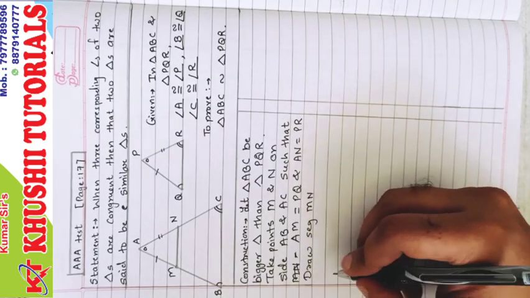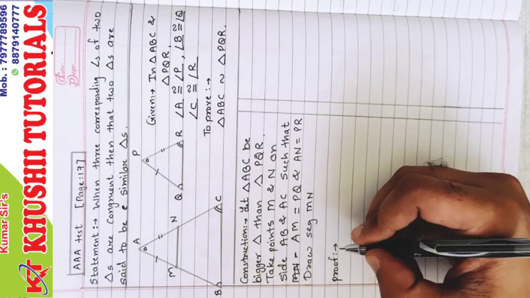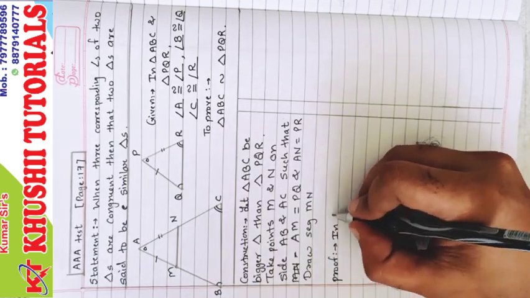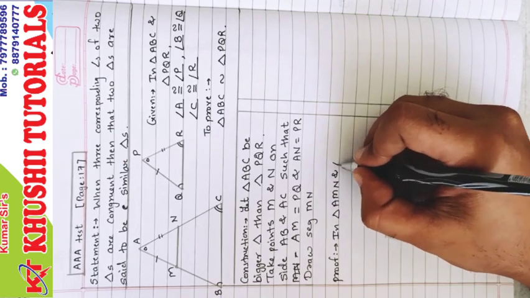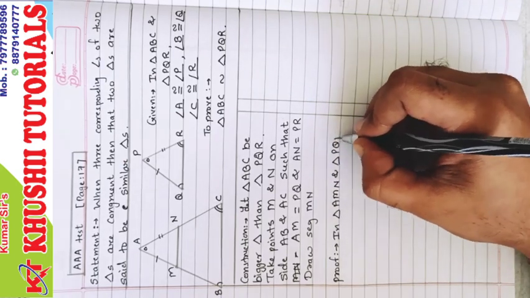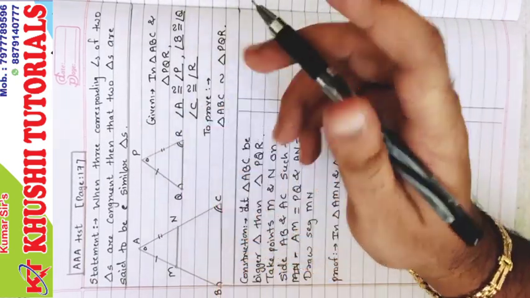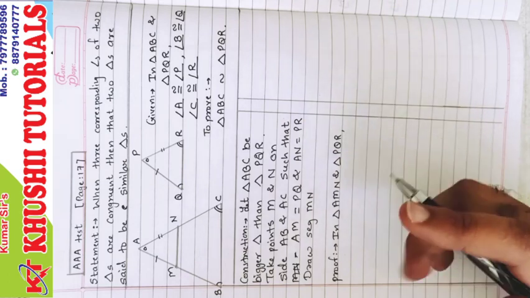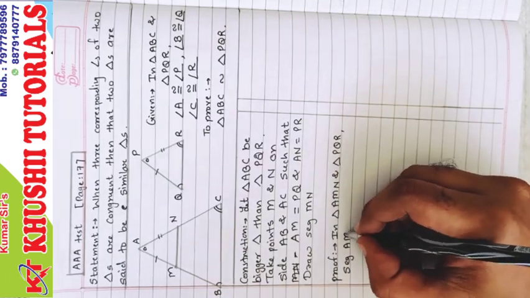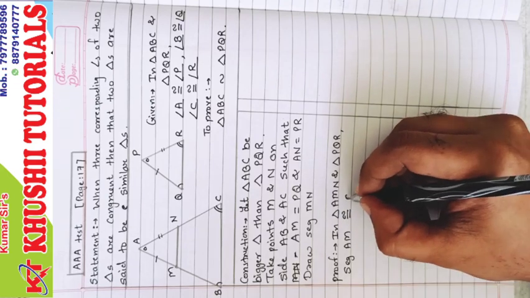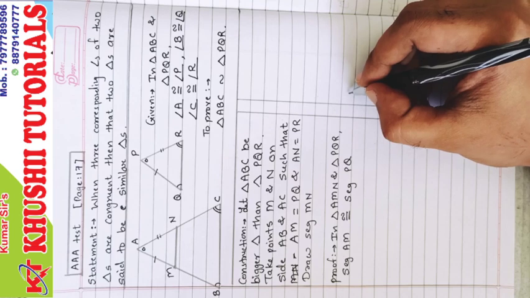Now proof. This was construction. Now we'll start with proof. In triangle AMN and triangle PQR, which test? SAS. So first we'll write side, then angle, and then side. So segment AM is congruent to segment PQ, and reason, construction,